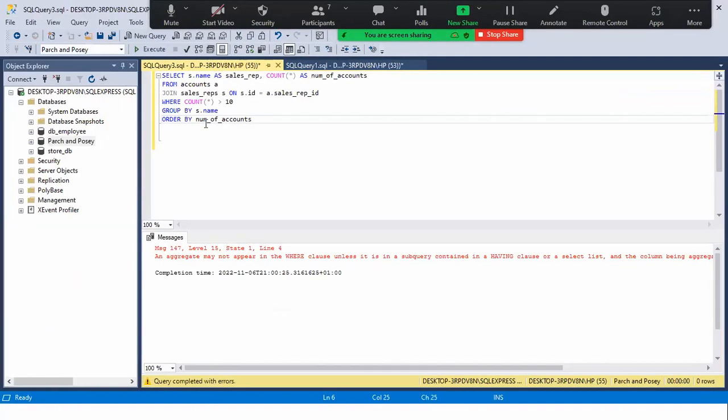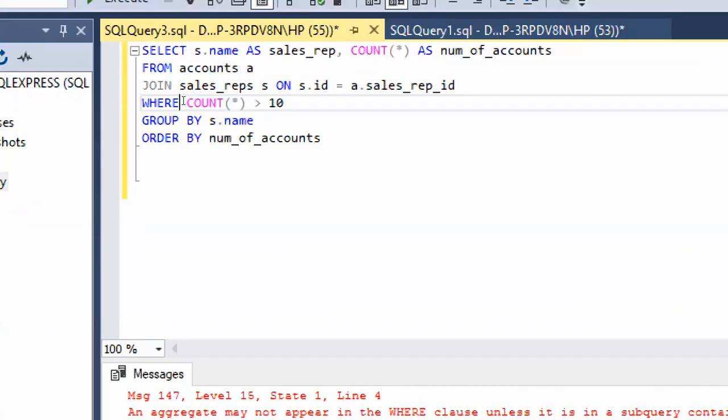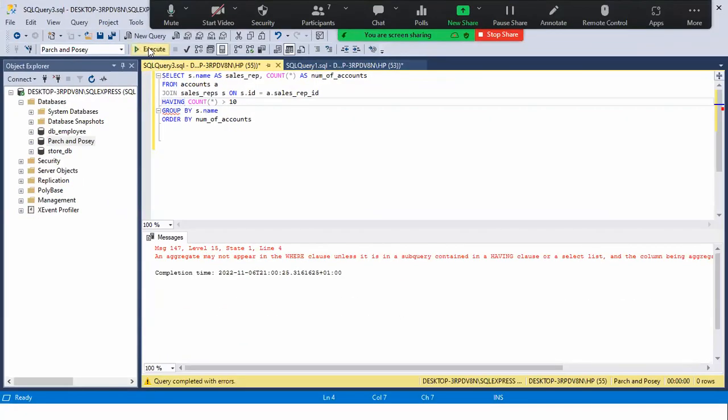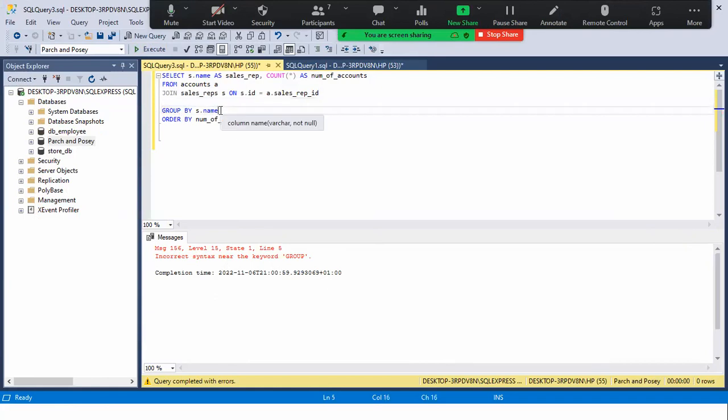But if I come on here, the HAVING clause comes after the GROUP BY. So instead of WHERE, I put a HAVING, and let's run it and see what happens. It won't work because it's not ordered correctly. It says incorrect syntax near the keyword GROUP. So if I take this HAVING clause from here and it comes after the GROUP BY clause,